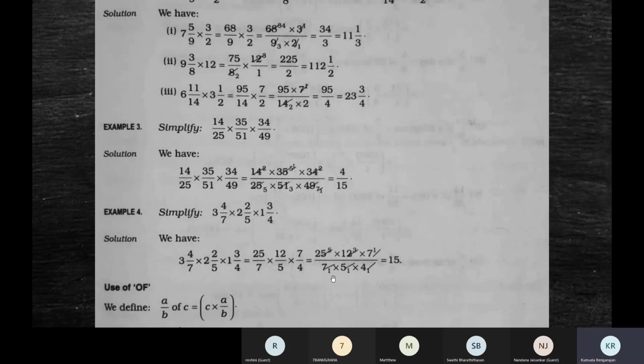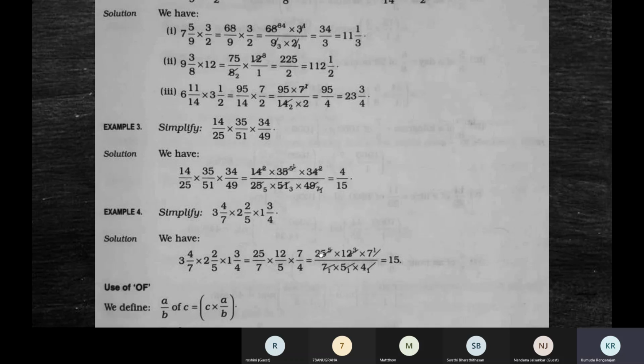Then what should you do? Take a number from the numerator, take a number from the denominator, and simplify. So we'll choose 7 from the numerator and 7 from the denominator. Both of them come in the tables of 7. First you should choose the multiplication table, which is 7. Now take this number, divide by 7: 1 is the answer. Take this number, divide by 7: 7 divided by 7 is 1. So you should slash it and write that answer, 1.